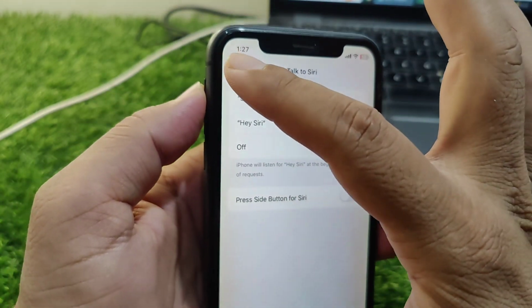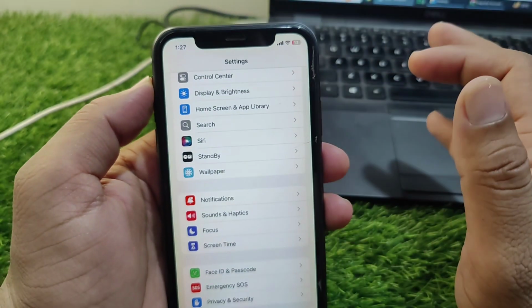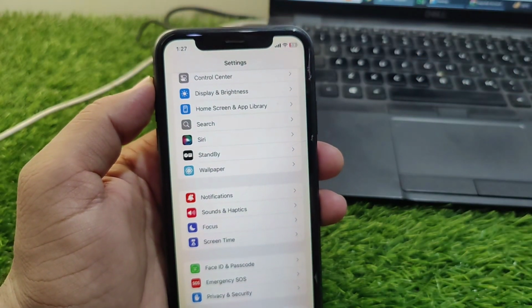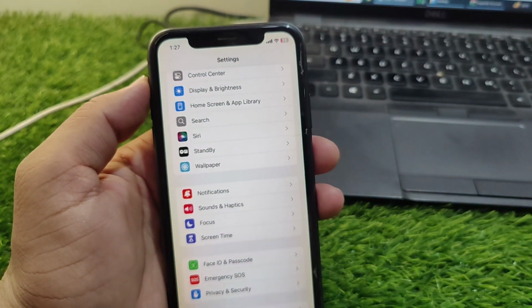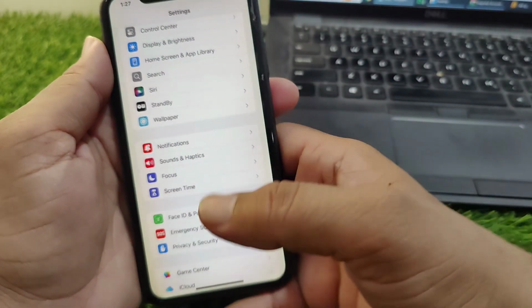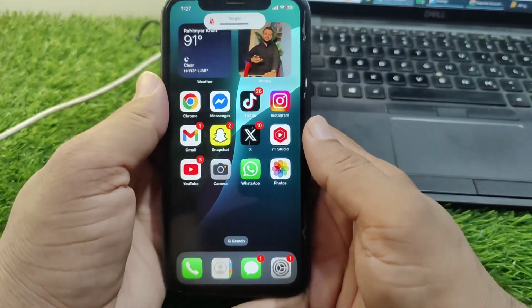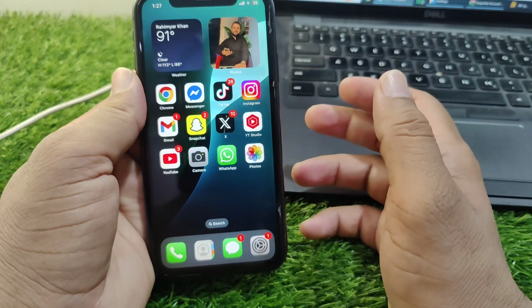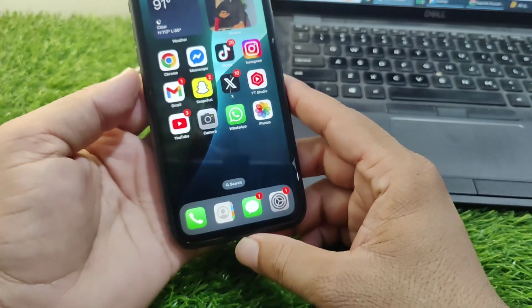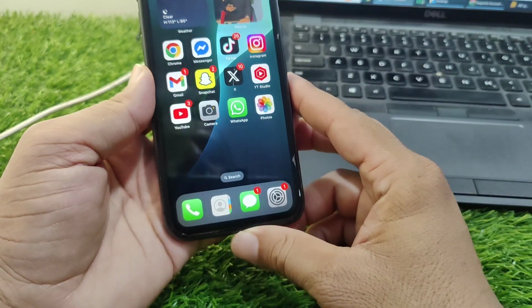So guys, once you are here, then go back and check if the problem is fixed or not, and if the problem is still there, then you have to simply restart your device for one time as well. So guys, for that, press and release the volume up button and then down, and keep holding the power button until your device restarts. So guys, do this and check if the problem is fixed or not,